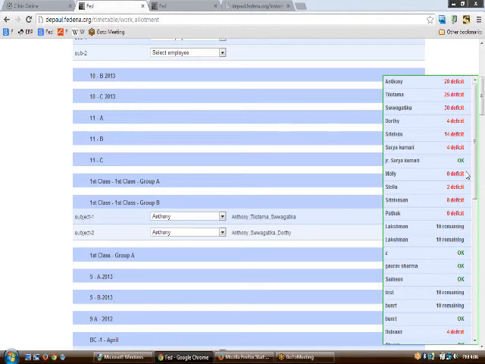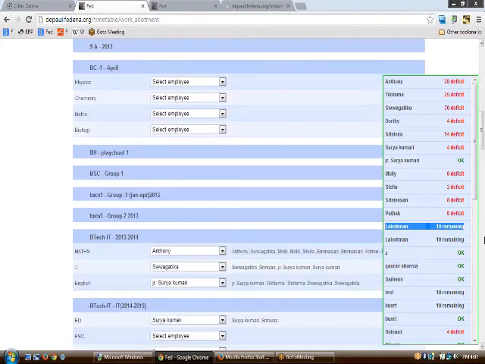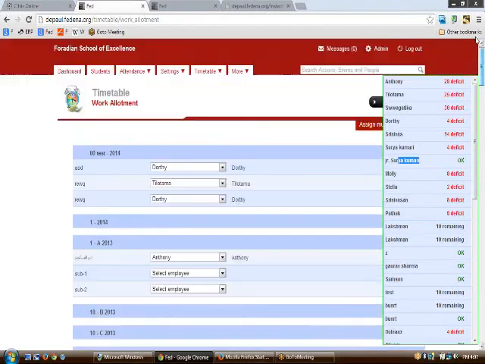And when it comes to Laxman, you can see here Laxman has 10 classes remaining. So when you allot Laxman some of the classes, then you would be able to know that his status would be okay, like the one that you can see for Junior Kusuri Kumari. So this is how the work allotment should be treated.